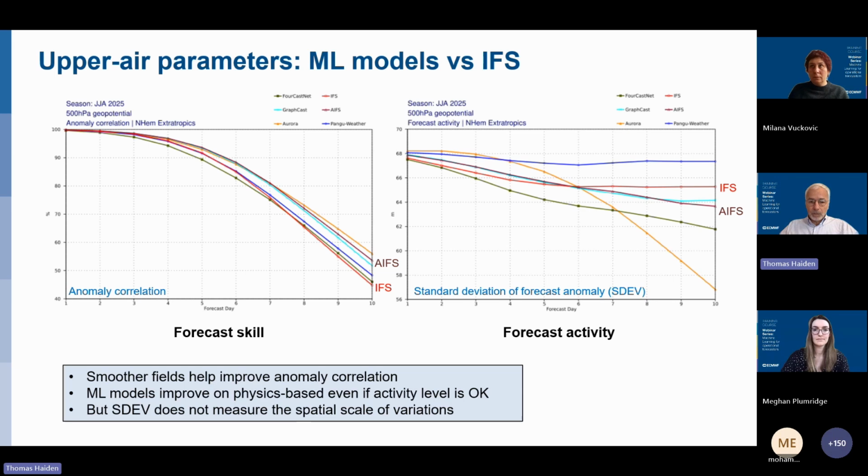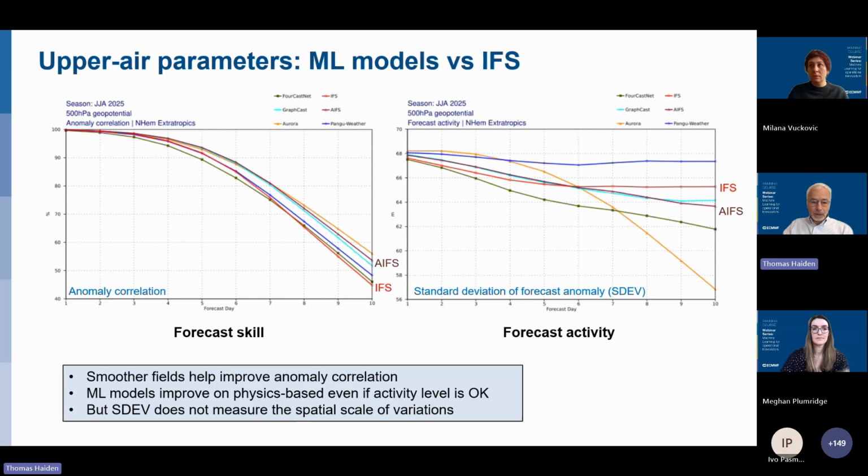And we can see that there are models that are not losing activity and are still beating the IFS. So it's not the full explanation. There are actually machine learning models that have high skill, even though they are not overly smoothing.